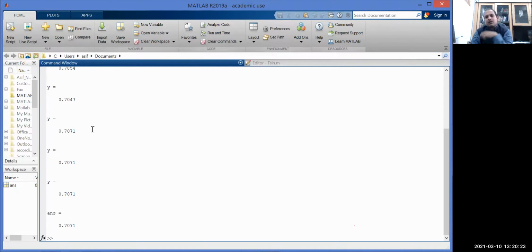This is one of the most positive things about this MATLAB, that without using a semicolon, every result will be displayed if you don't put a semicolon in the program. And you can just go on the result displayed on the command window and try to understand how it is working step by step.